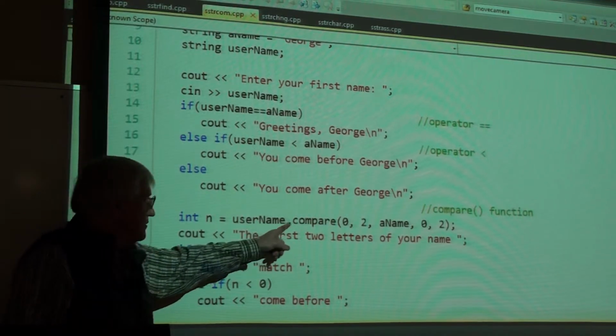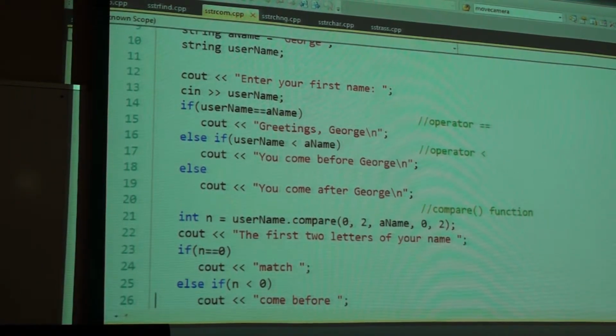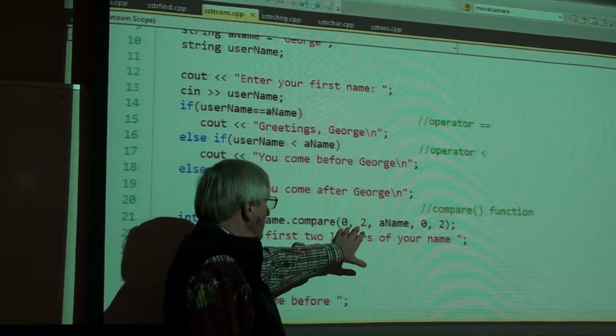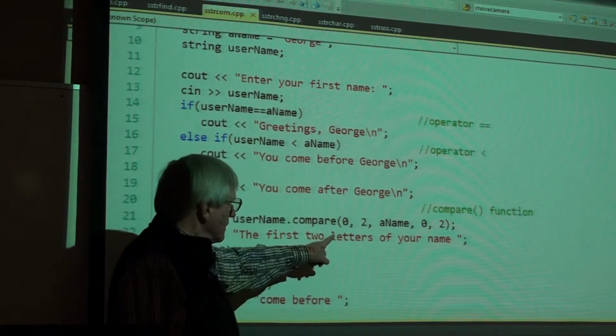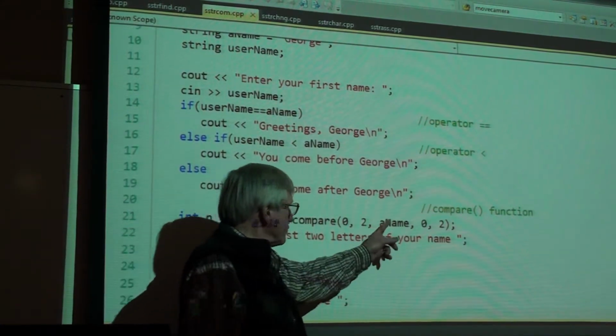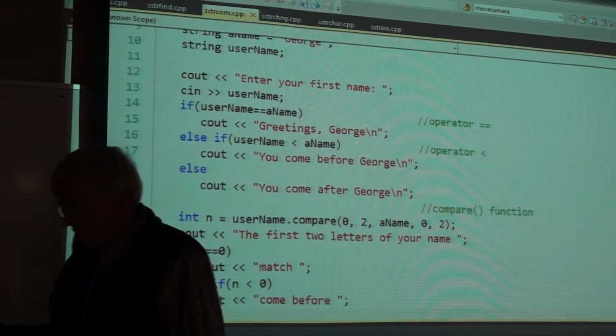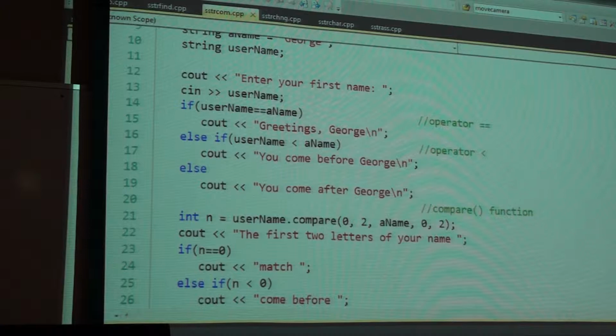Here's another, username.compare. What kind of comparison do you want to do? Where do you want to compare? 0 and 2, starting for length. Here's what I want to compare to, starting for length. I could well envision writing a compare that also has a parameter. Do you want to compare the bit patterns in each of those?